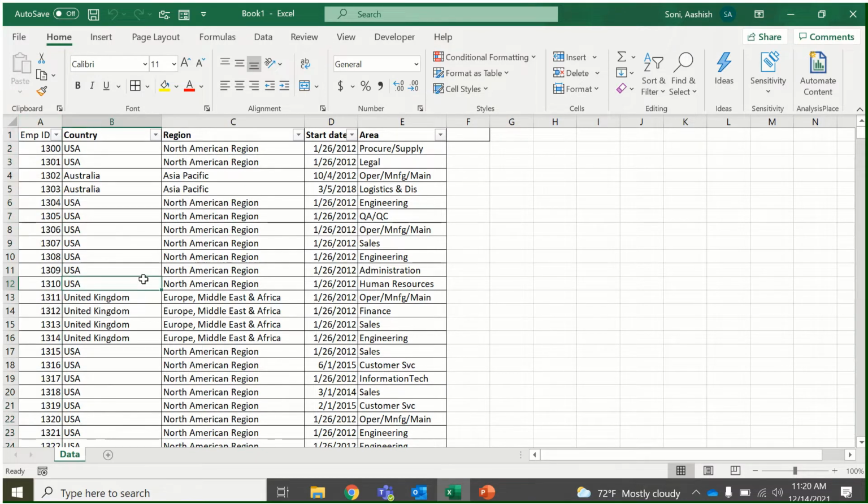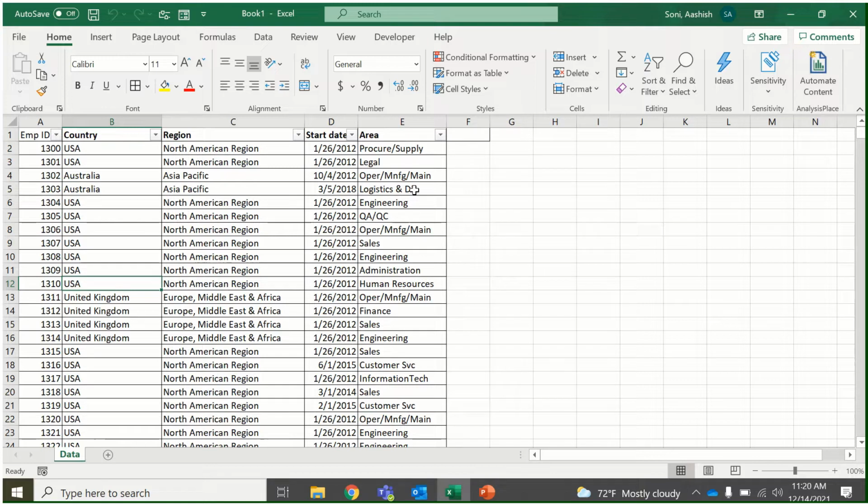9,795 employees. Now you got a task from your manager stating he needs data for around 200 employees. He needs the data for country, region, start date, and end date, and he needs it within half an hour, and he has to send it to the higher level management. So how to do that?